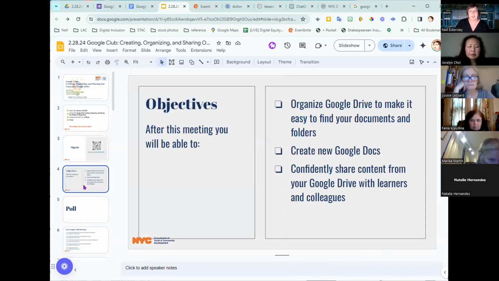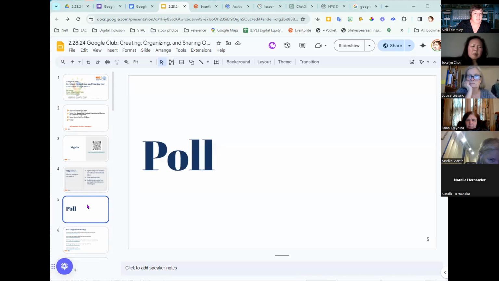And our objectives today are to talk about how to organize Google Drive, or the things that make it easier to get around in Google Drive, to know where to go to create new documents. And when I say docs here, I mean the broad sense of docs, like Google Slides, Google Sheets, all the file types that you can create with Google. I'm going to do a poll, but I'm going to go a little further on before I do the poll, just to get a sense of where everyone is in their own knowledge levels with Google Drive.